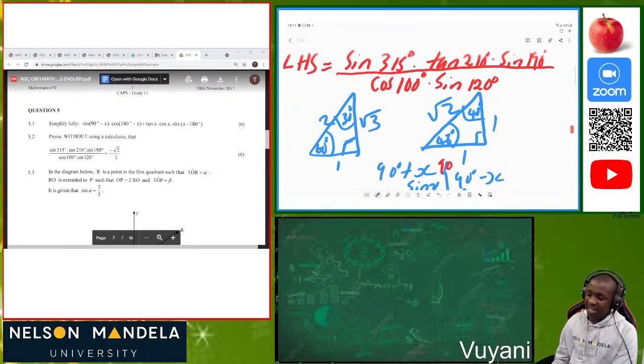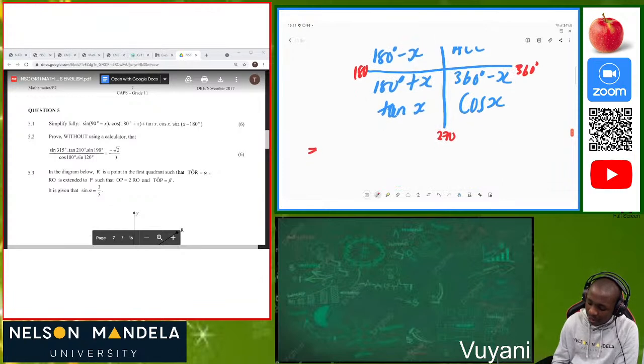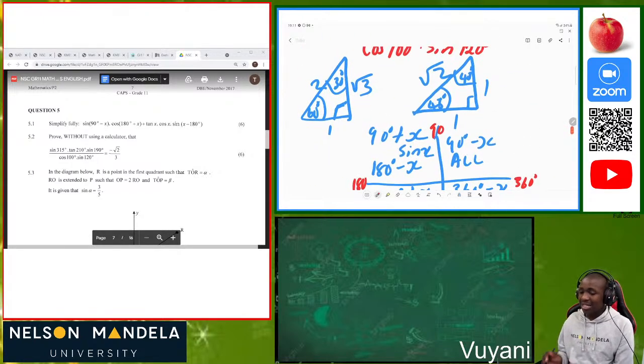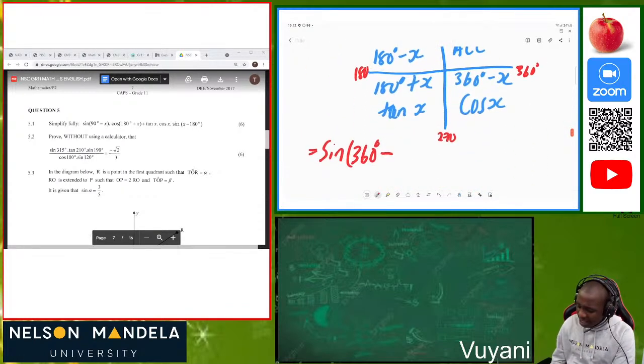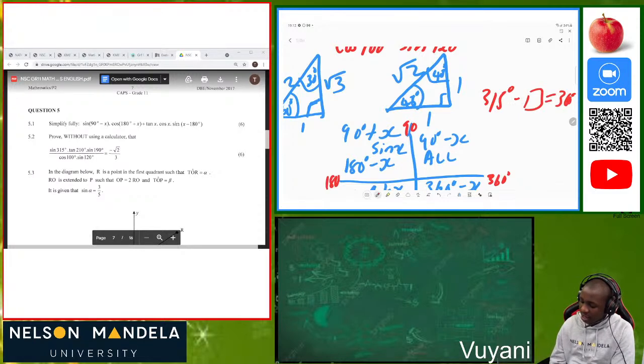Sine of 315 degrees. We say 315 degrees is in the fourth quadrant, so we must have sine of 360 degrees minus something. Then we use these special angles which we have: 60 degrees, 30 degrees, and 45 degrees. So 360 degrees minus what do we get 315? In other words, let me just write something small here. We are saying that 360 degrees minus this must give us 315 degrees. So we have to calculate for this